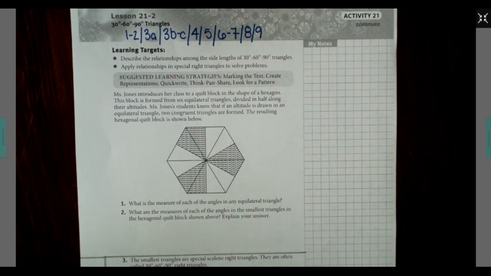Miss Jones' students know that if an altitude is drawn in an equilateral triangle, 2 congruent triangles are formed. The resulting hexagonal quilt block is shown below. Number 1. What is the measure of each of the angles in the equilateral triangle? 2. What are the measures of each of the angles in the smallest triangle in the hexagonal quilt block shown